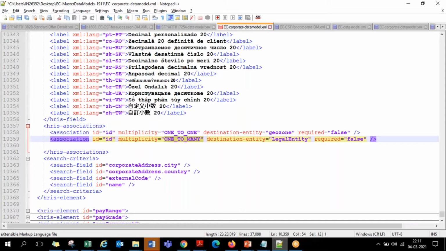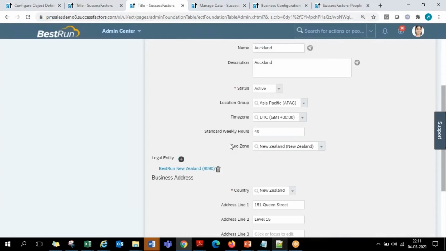That too, this is the one-to-many that SF standard has delivered. Anything else we configure, between business unit, legal entity, division, business unit, department, division, all that we configure, the only choice we have is to use one-to-many. We can't use 1-to-1 custom. That's a prerequisite that SF has asked the consultants to follow. But SF standard has given one 1-to-1, which is location and geozone. When 1-to-1 is there, on the front end you see it mixed up with the regular fields, and it comes as a normal drop down.